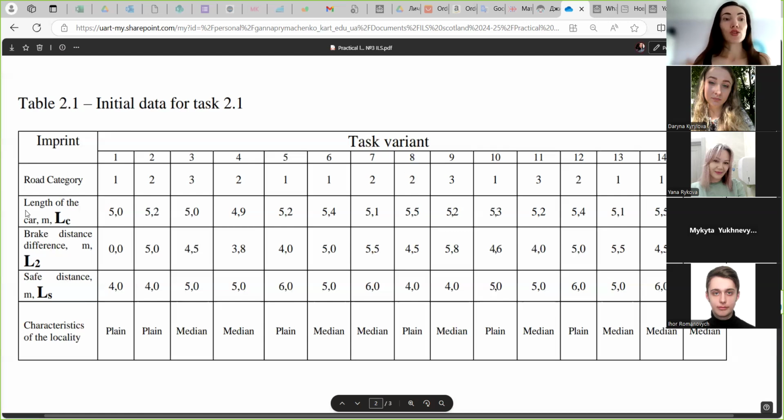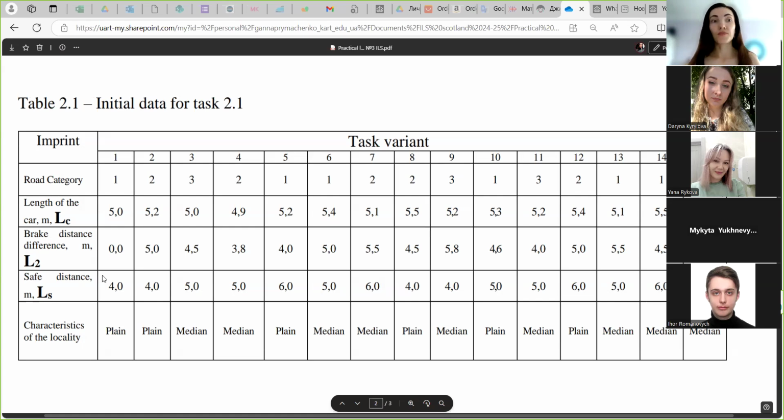So other information is the length of the car. It is a middle parameter because different cars have different lengths. We also use such a parameter as brake distance difference. Such a parameter is also used for a safe distance between different cars: one car, a second car, and what the distance between them